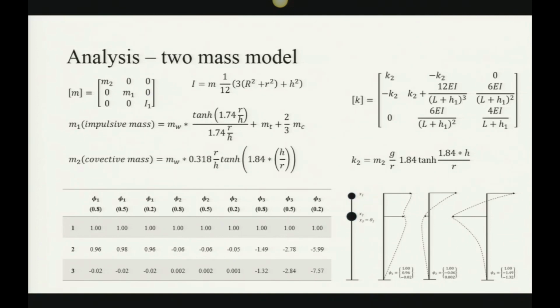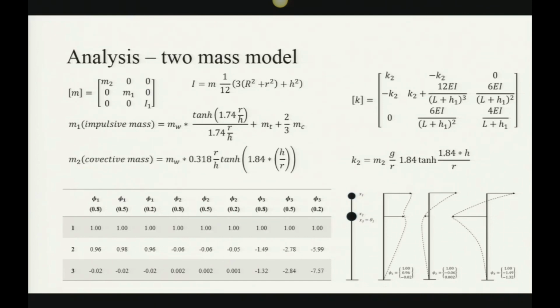And the equation for the K2 is given by this relation by Housner. Also, when we do it for 3 degrees of freedom for the first mass, which is basically a body of water sloshing around, we do not include any rotational degree of freedom with that. But for the second mass, which is the impulsive mass, and it's part of the concrete, part of the structure, we actually included a rotational degree of freedom for it, which is I1, given by the mass moment of inertia of a cylinder, and we have